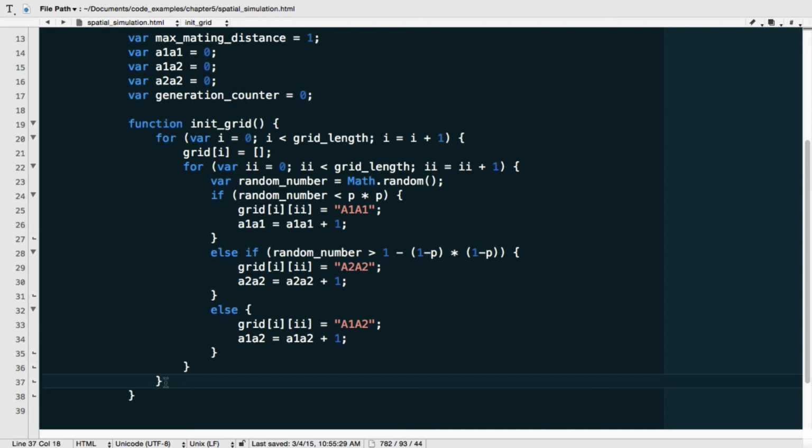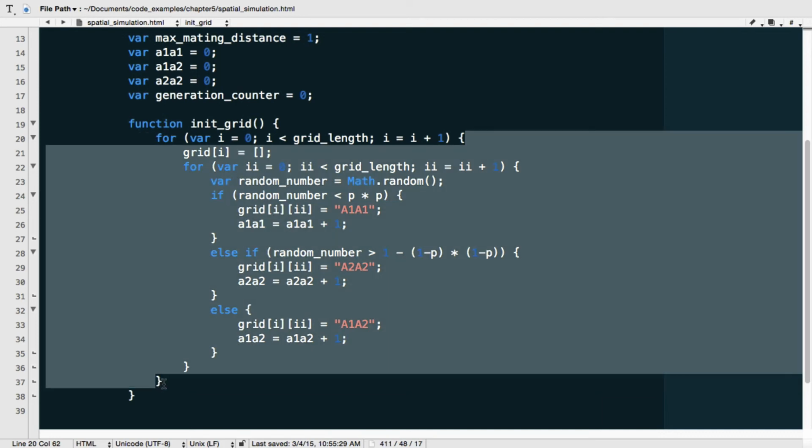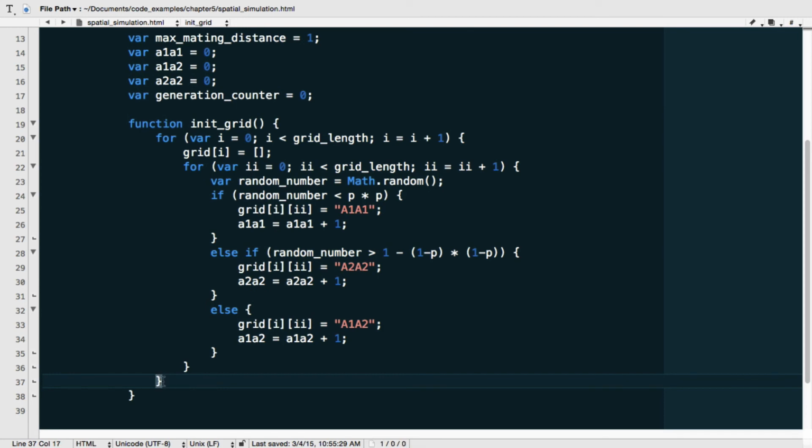If you have done the indentation nicely, as I have here, you will immediately see the curly bracket that closes this bracket here. After that, I'm just going to say console log A1, A1, A1, A2, and A2, A2, just to see whether that actually worked. Let's save this and go over to